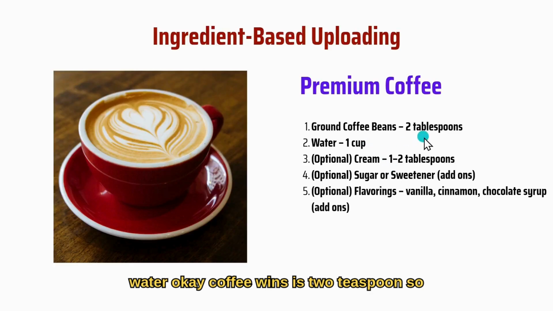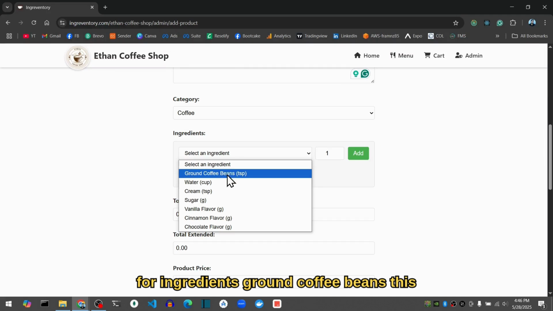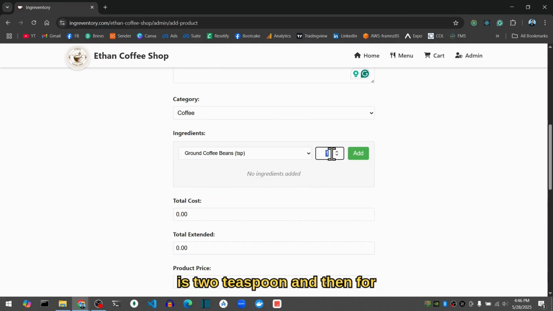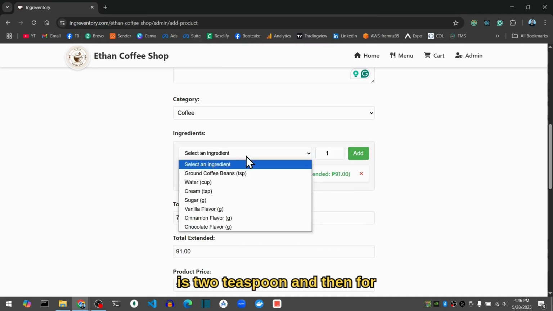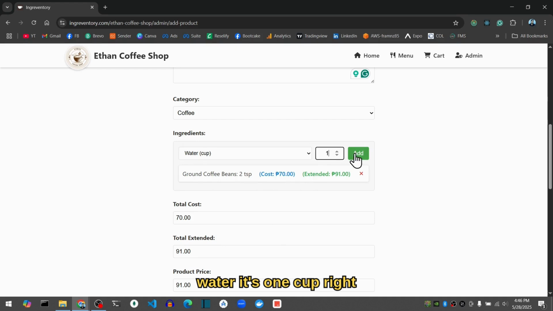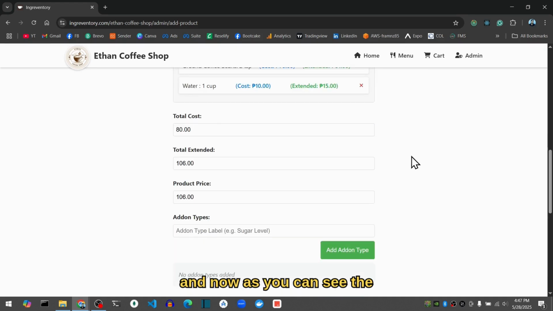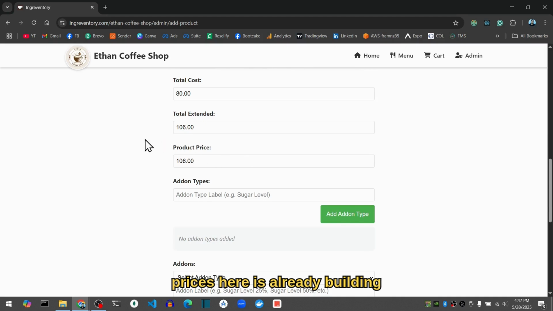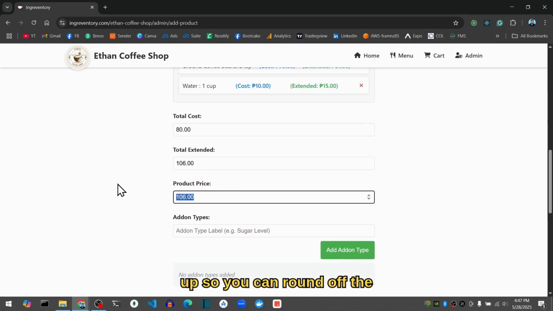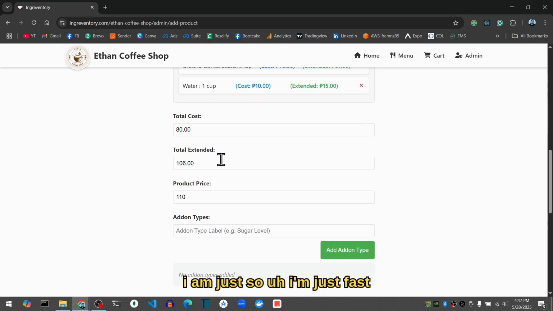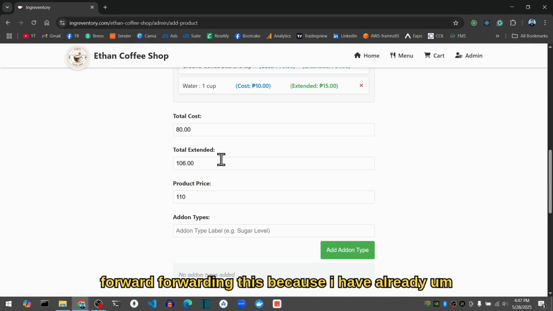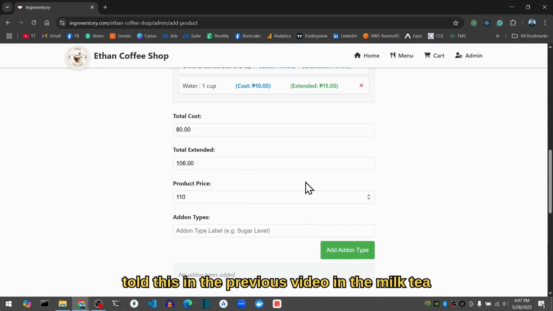Okay, coffee beans is 2 teaspoons. So for ingredients, ground coffee beans, this is 2 teaspoons. And then for water, it's 1 cup. Right? And now, as you can see, the price here is already building up. So you can round off the product price. So 110. Again, I'm just fast forwarding this because I have already told this in the previous video, in the